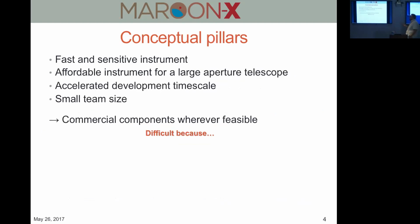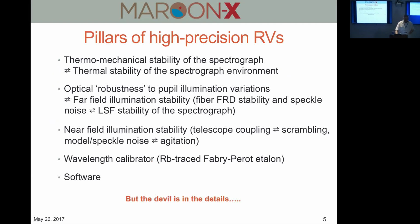And so the conceptual pillars for the instrument are that we wanted a fast and sensitive instrument, that it still has to be affordable for a large aperture telescope, that we have to work on an accelerated development timescale because we wanted to be ready with MAROON-X once TESS is coming online, because that's kind of the driving force for doing transit follow-up for us. And we have to work with a small team size. So we are basically working in an approach that I think is relatively rare in this business. We are outsourcing everything to commercial partners where we think this is feasible and makes sense. And then we develop in-house the parts that you cannot simply buy and that you cannot trust a vendor to come up with. And so for radial velocities, that's particularly tricky, because a lot of problems